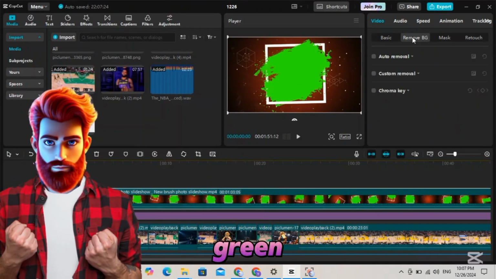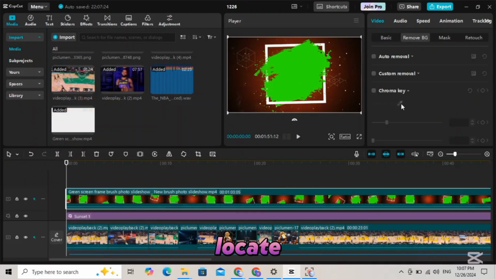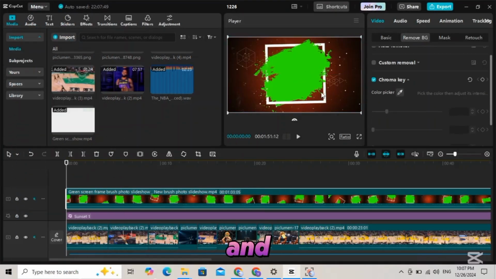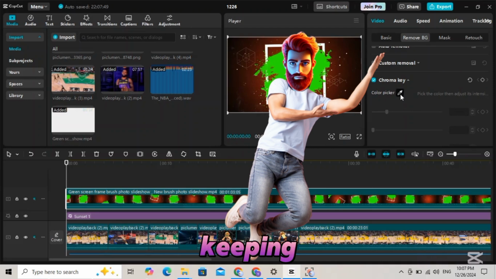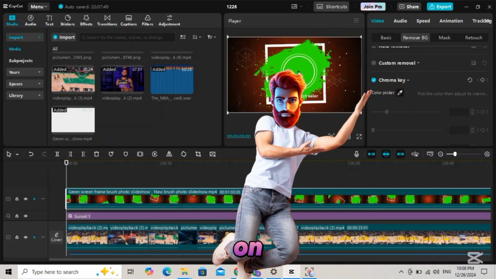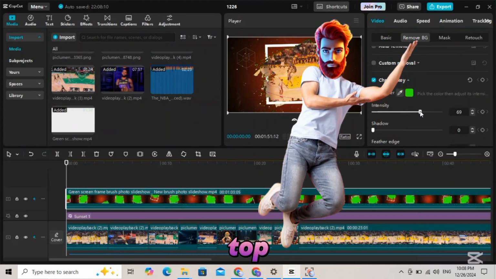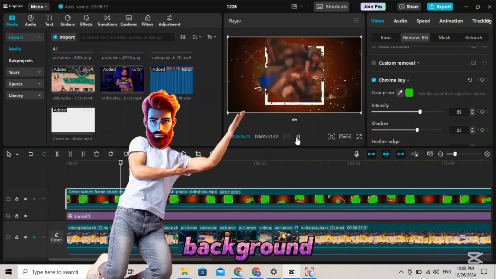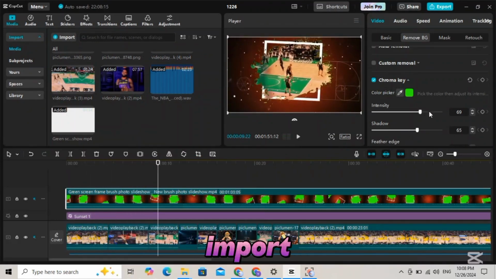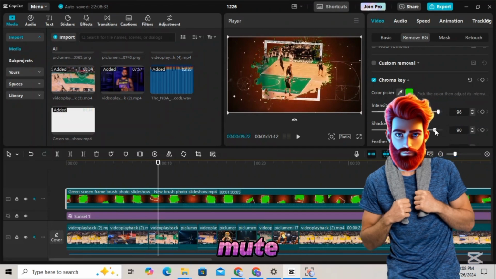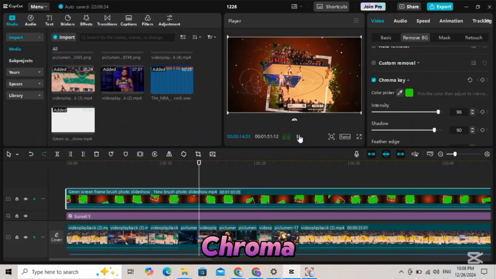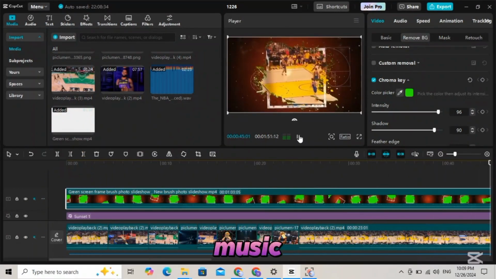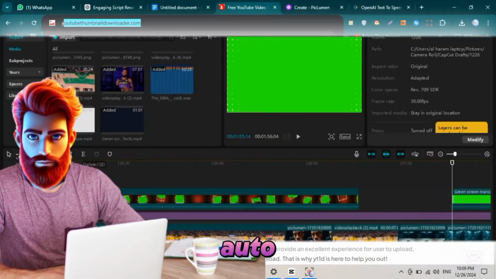After importing the green screen effect video into CapCut, locate the mute option on the right side and mute the music. Trim the intro and outro of the green screen clip, keeping only the relevant effect. Click on the BG background option in the top corner and select green screen to automatically remove the green background. For a polished look, import multiple green screen effects, mute their volume, and use the chroma key to remove their green screens. To enhance your video, add background music, transitions, and auto captions.